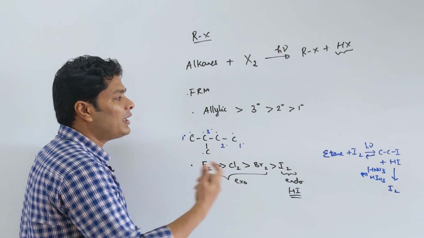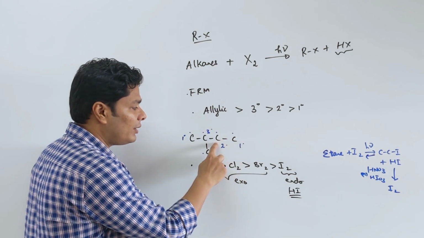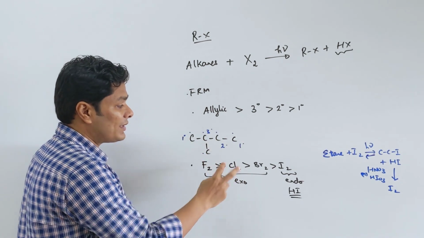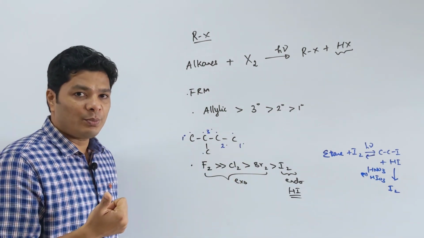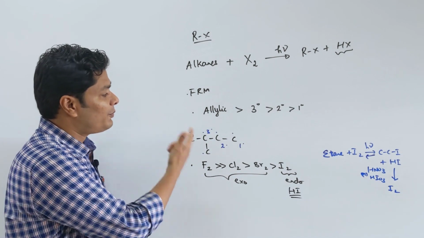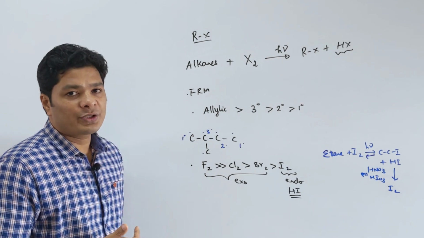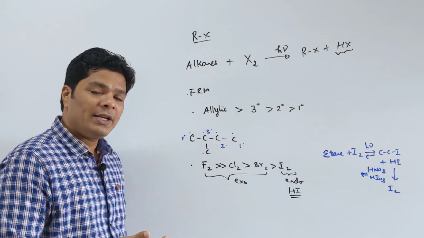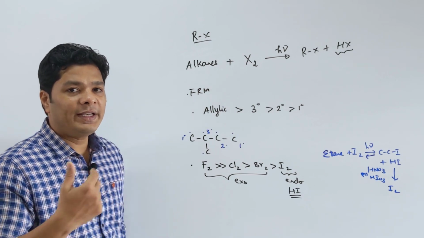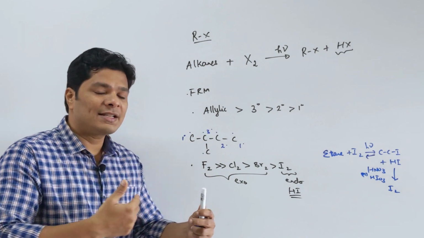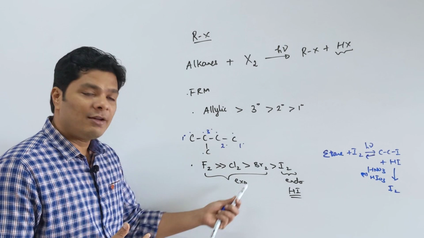Second thing is, multiple halogenated derivative is possible. I can get it, for example, chlorination. I can get chlorine here, here and here also. For example, monochloro I want, but I can get dichloro, trichloro. So multiple halogenation possible and selectivity is not there. This is a major problem with free radical mechanisms of alkanes with X2. But this is still useful in terms of industrial method, because in lab I want only one product, whereas in industry I can get everything, I can separate them based on distillation and ship them off separately. So industrially it's still a viable method.